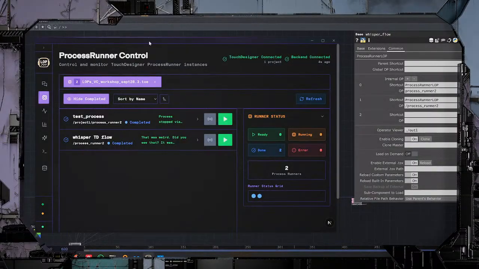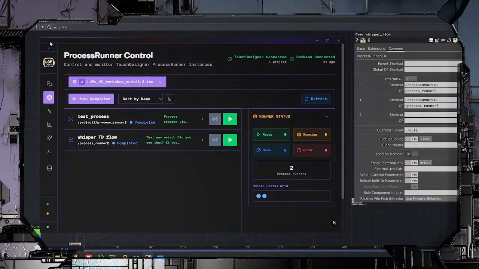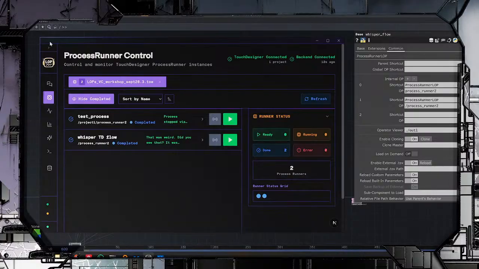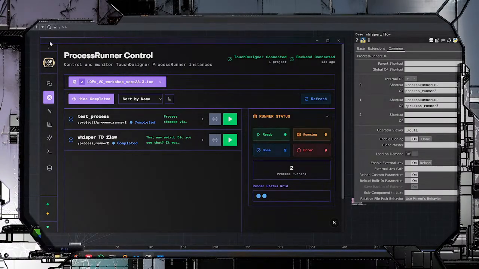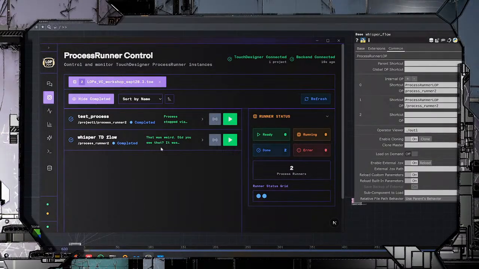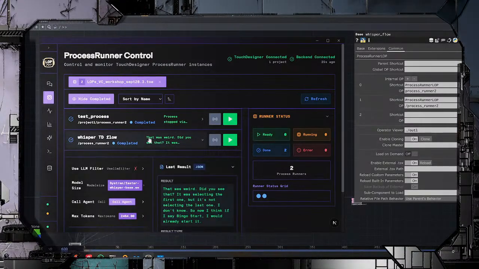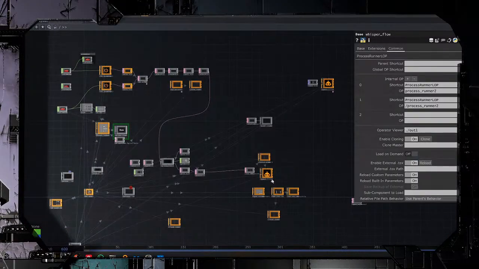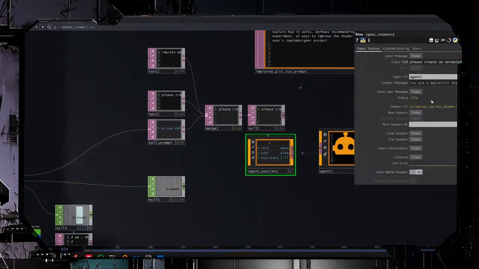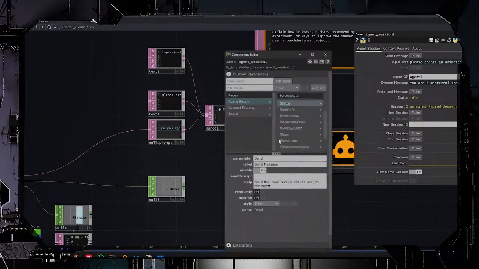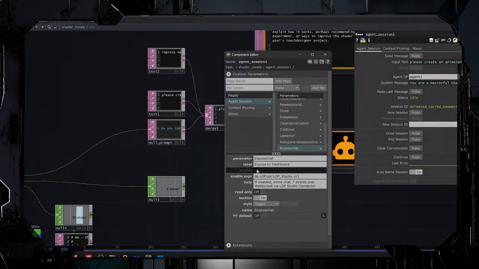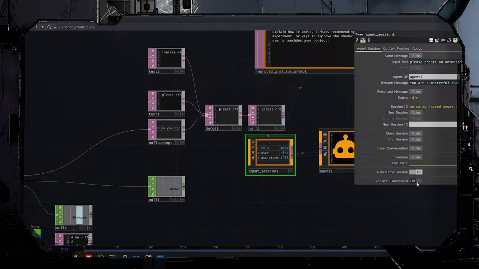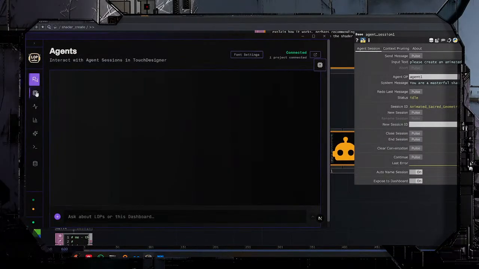But this has been a fun little playground for thinking about LOPS as a backend for designing these little workflows that you might want to spin up with an AI, and then you would interface with it with either this one. You can also chat to any agent with an agent session. So if I go into our shader creation, I have to do this because the dashboard wasn't included in the release. But if I hit expose dashboard, I can go into the agent session, hopefully.